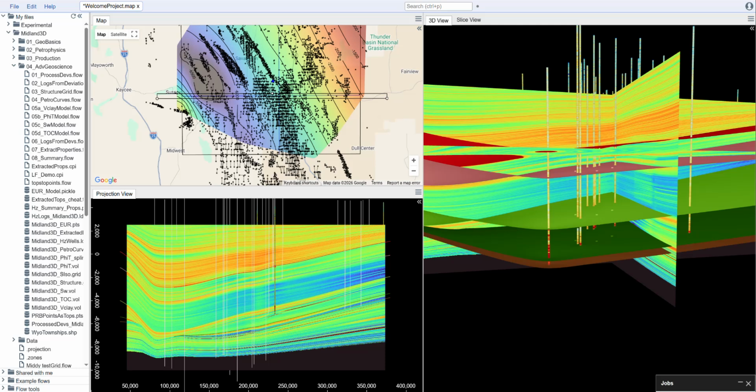Hello and welcome back. So we've now made our 3D models. We've displayed it in our map, in our 3D and 2D views. Now I want to go beyond that. So one of the common workflows that we see people using is they have a horizontal well that they're going